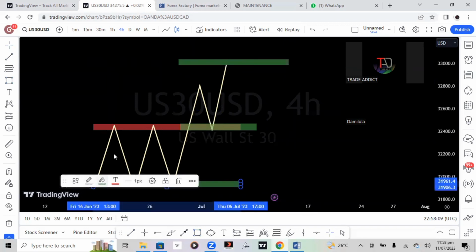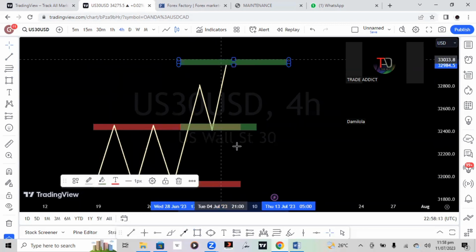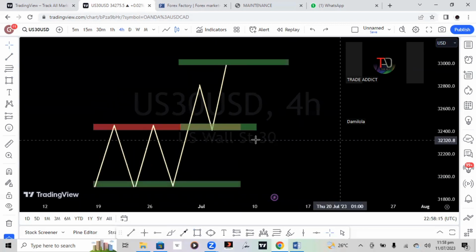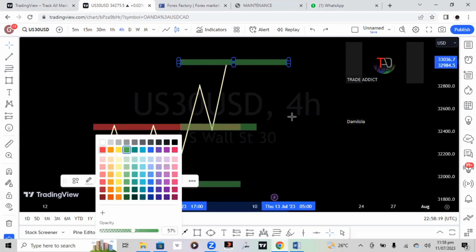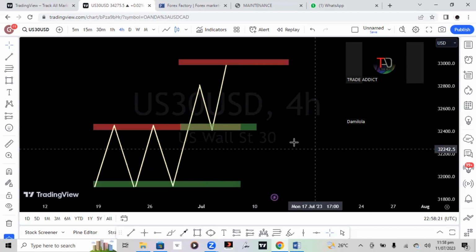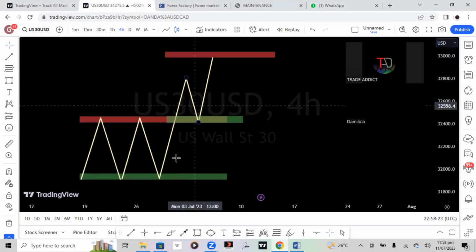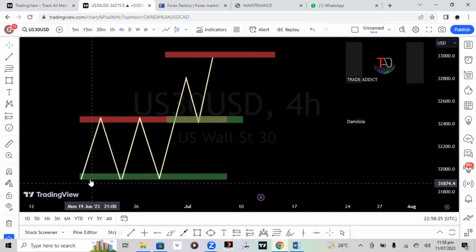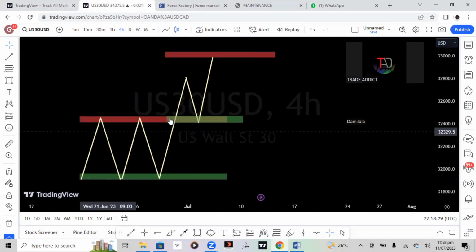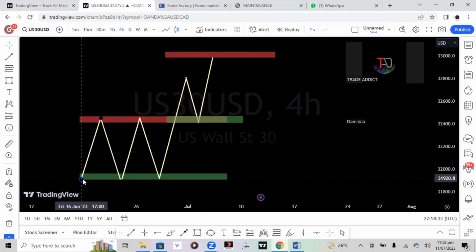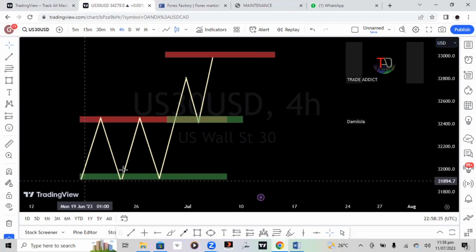I hope you understand. So our new acting resistance will be somewhere above it. So this is the case of break and retest strategy. Let me come again. This level right here is known as what? Our support. This level was previously known as our resistance. So price buys off on the support zone, sells at the resistance, buy, sell, buy.